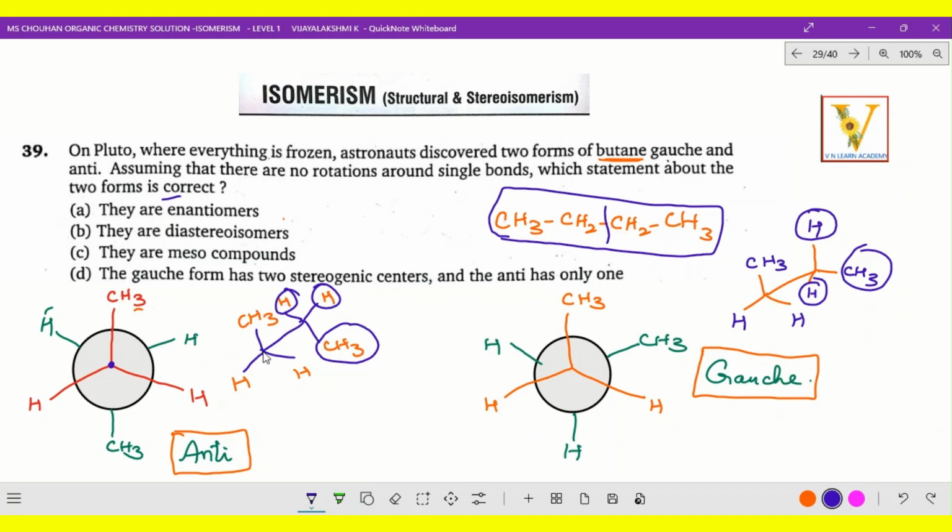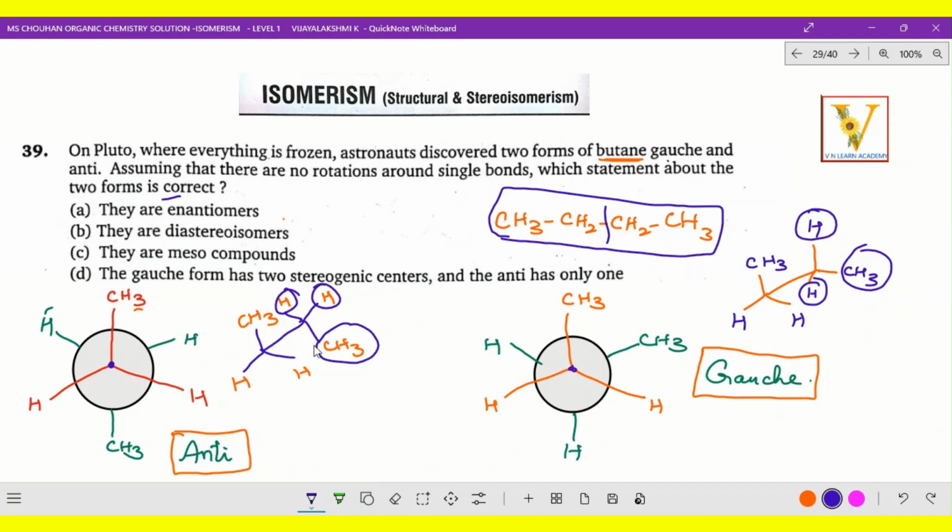That's what I bring here also. One carbon will be constant, the other is rotating. See, CH3, CH2, and then CH3 just to the opposite. I bring it in this way. Now you are just rotating the other side. When you rotate the other side, this hydrogen will come here, and this CH3 will go there. So this is the gauche one. Here the front carbon is common, CH3, CH2, and you are rotating. That's the point I bring to you.